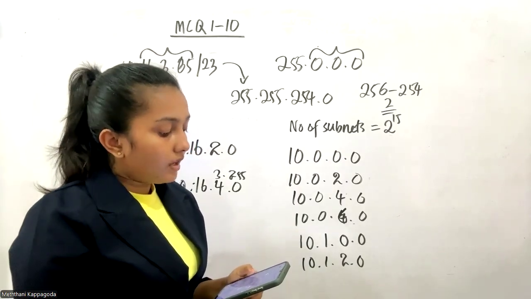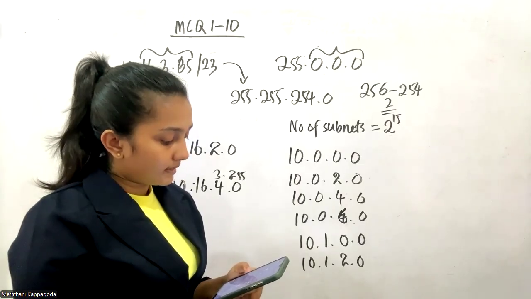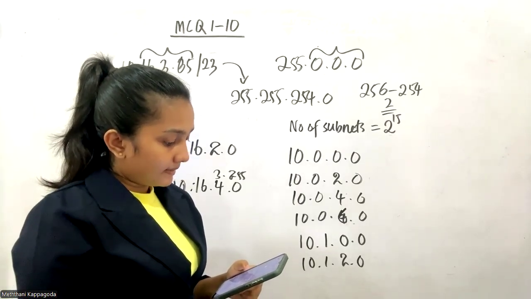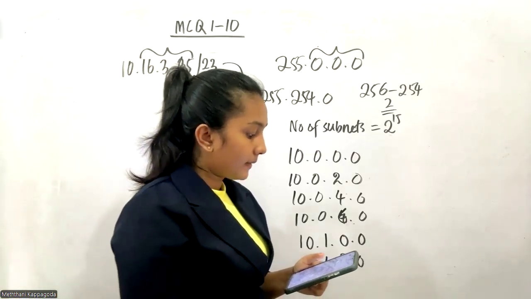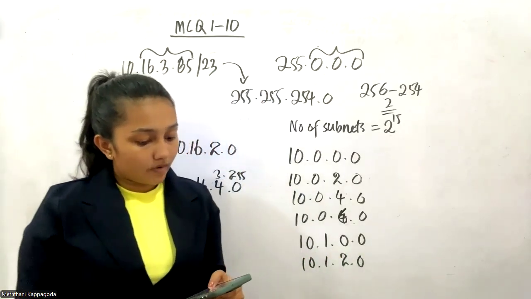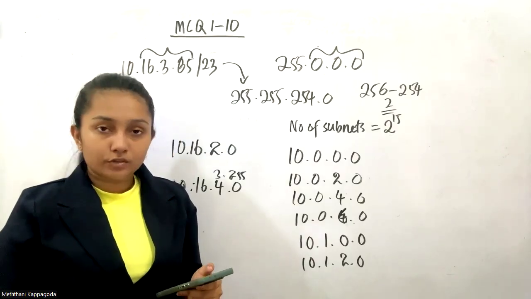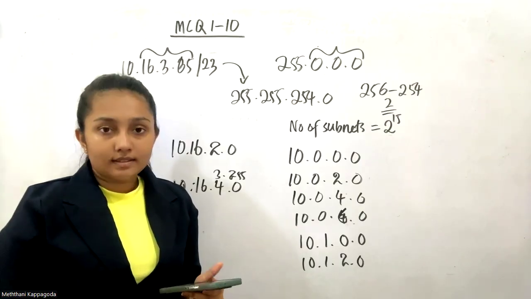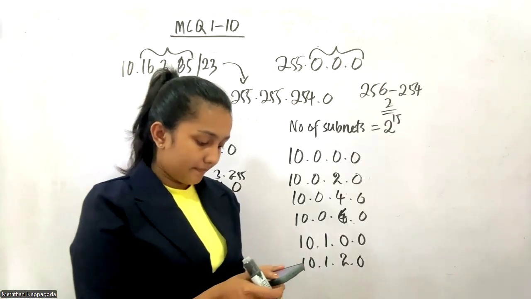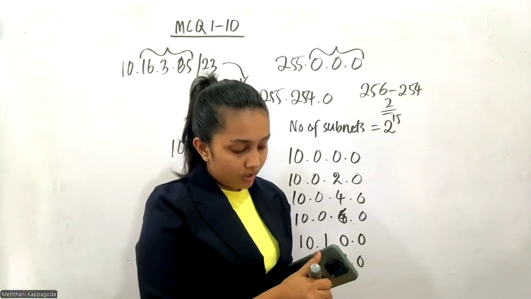Incorrect answers are 1 and 2. 1 and 2 both answers are incorrect. The subnet address is 10.16.3.0 is incorrect. The subnet address is 10.17.3.0. That is also incorrect. Then for question number 6, we can get both answers 1 and 2. Okay. Then question number 2.